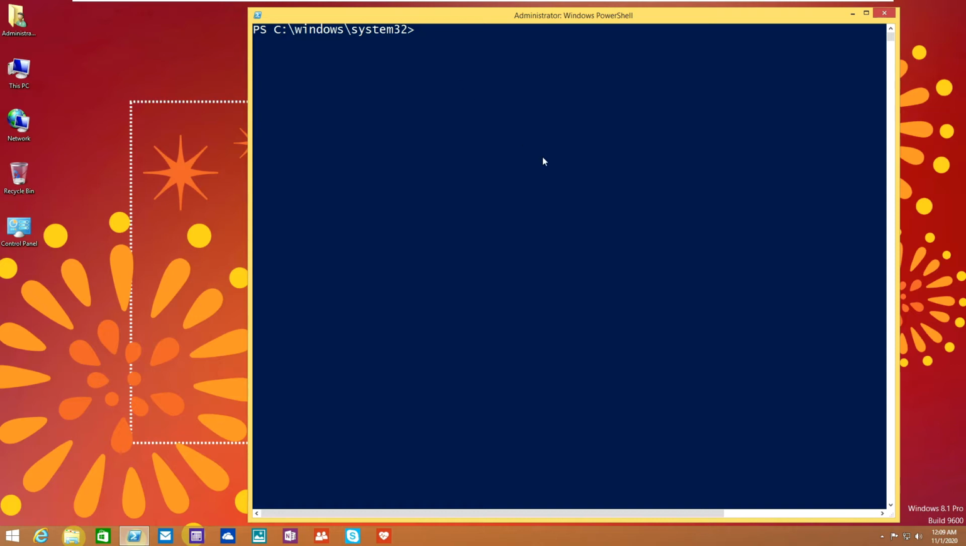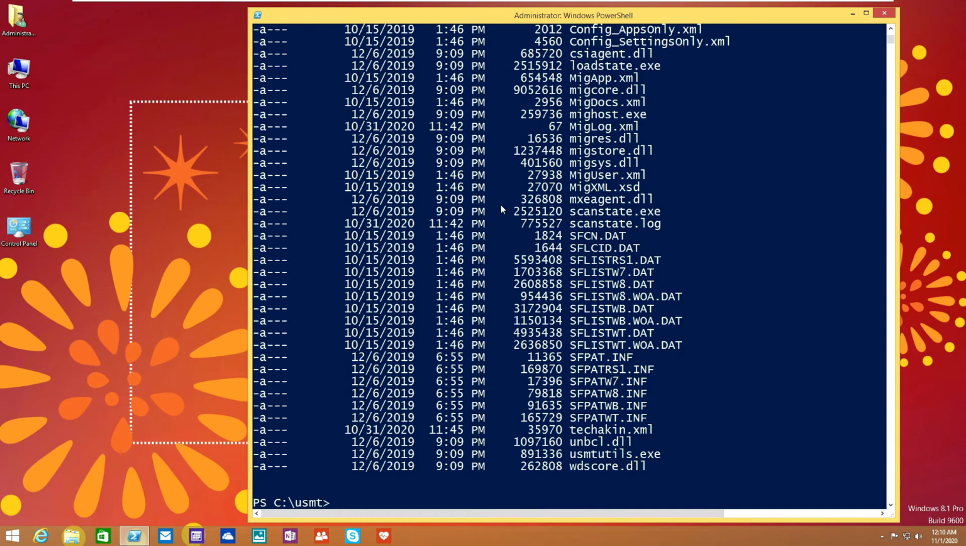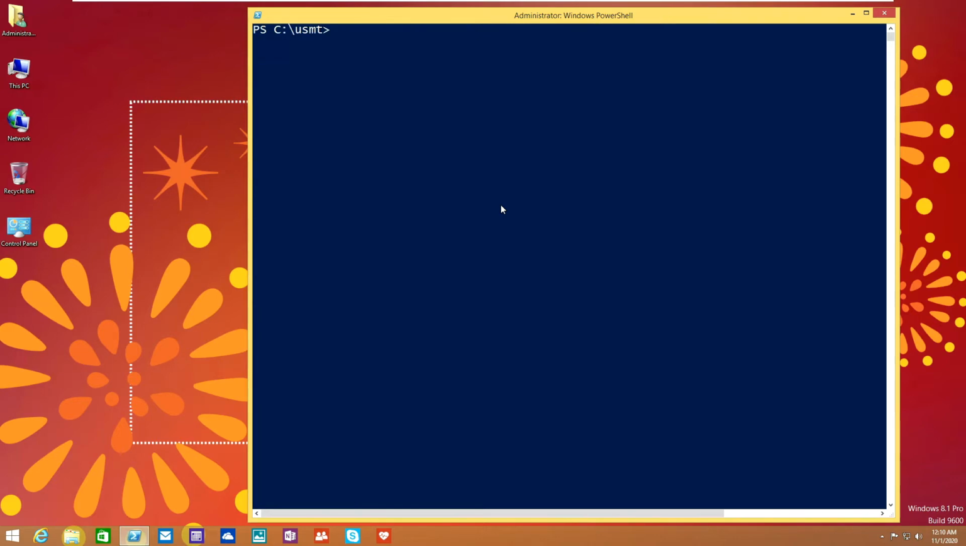So in doing that, you will have to change our directory again. We want to go back to where the ADK folder is. I believe it's stored in C:\USMT. Let's see, and let's list the files there. Okay, great, everything is there. So close that, and then the next command for you to run will be to use ScanState to capture all